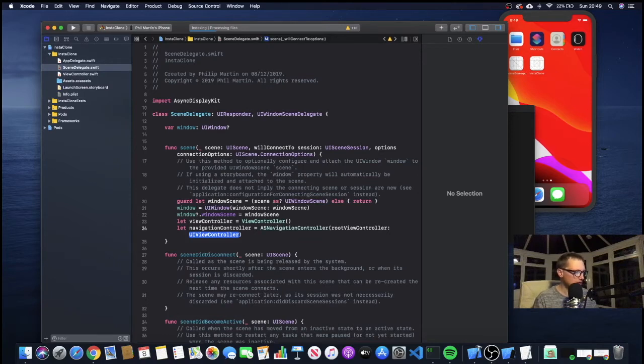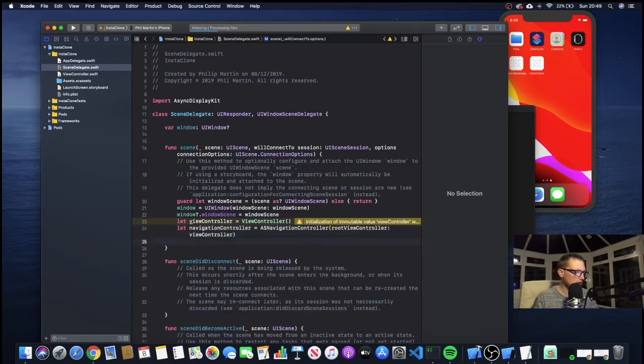So in here we say ASNavigationController, and our root view controller is ViewController. Then here I need to say window.rootViewController equals navigationController,